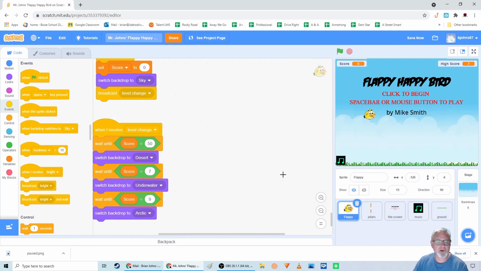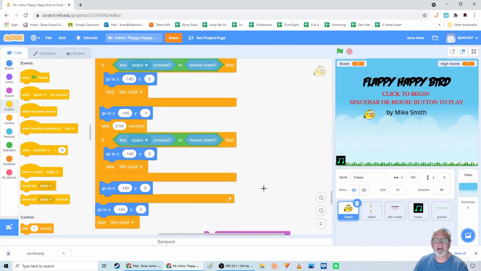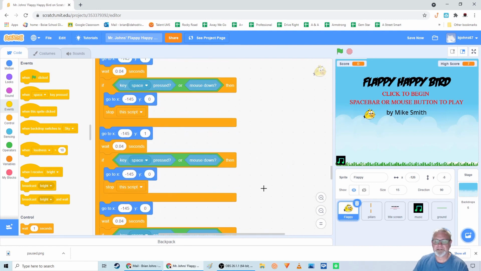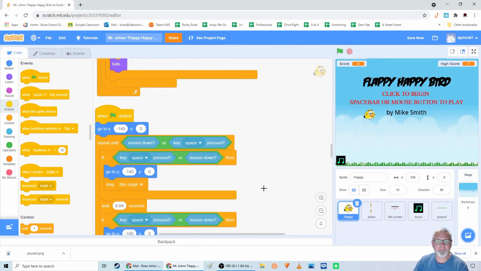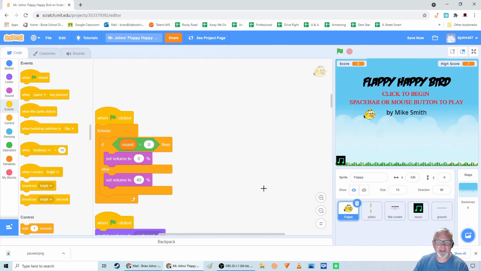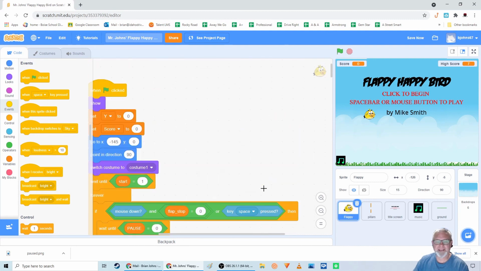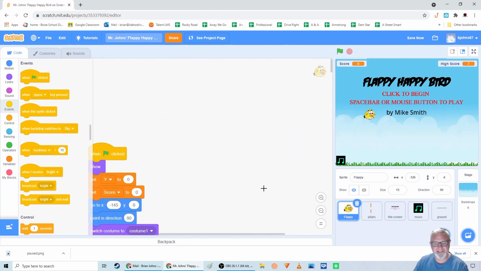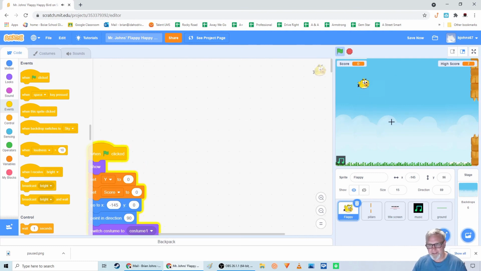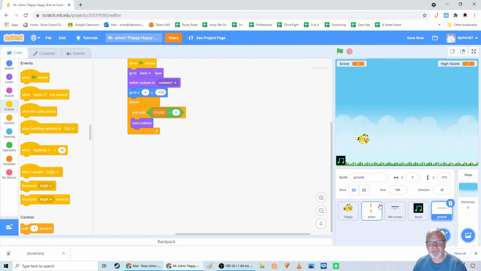All right, so hey, guess what? That's all the code for Flappy Bird, all of it, okay? We don't need to add anything else. If you didn't get some of it, just go back and watch the video again and pause it until you get all of this code typed in correctly. Another reminder, don't panic if it doesn't work, if it doesn't play like mine does yet, right? That's because we have to code the pillars, the title screen, the music, and the ground, which we will do